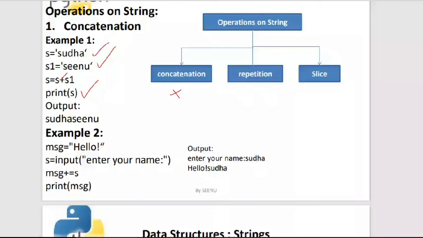Okay, and the next kind of example is where I just wanted to show you that you can also use this in-place operator, or this kind of compound assignment operator, inside your concatenation. I said message is equal to hello, and the second string I have read from the user. So the first string is declared, MSG is initialized, but the next string I have read from the user. Whatever the user gives, I am taking it and concatenating that to the message by using the compound assignment operator. Okay, right. So this is the second example.